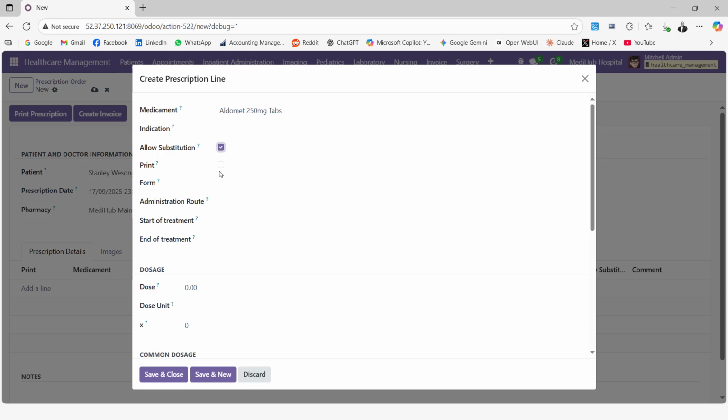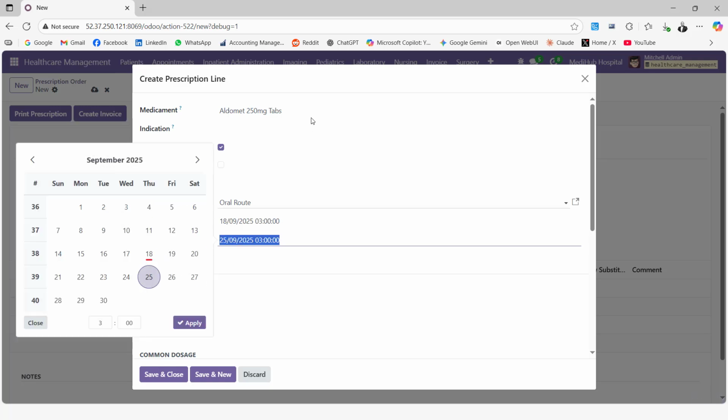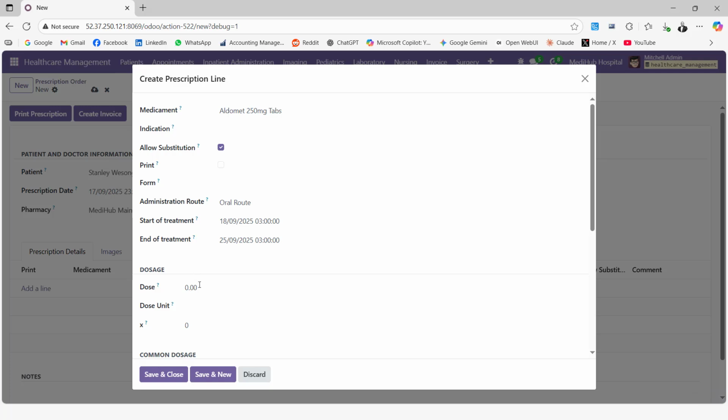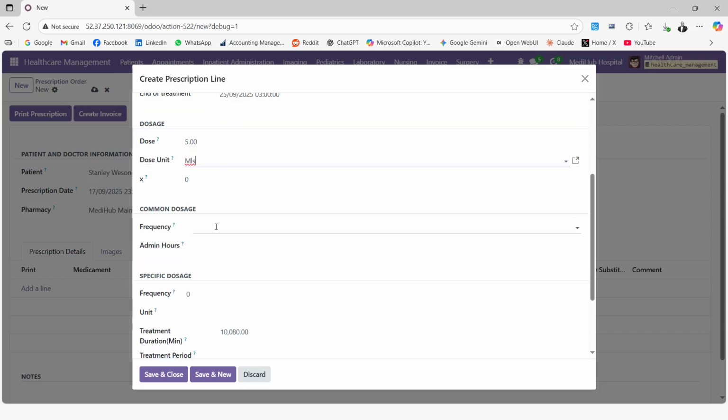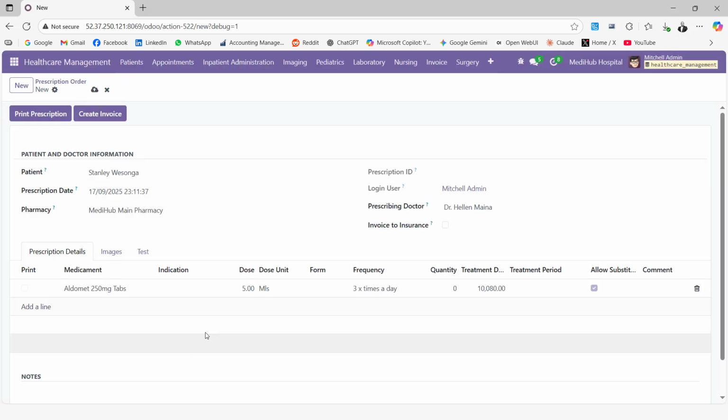Allow substitution. It's being given by oral. Start date is today for 1 week. And then dosage is 5 mLs. Frequency is 3 times a day, and such. Now, once you create this prescription, you can print out the prescription, and the patient